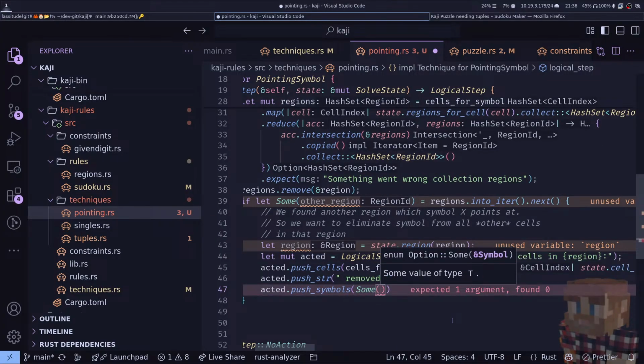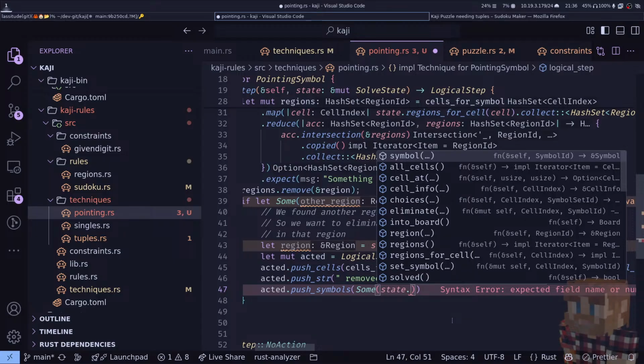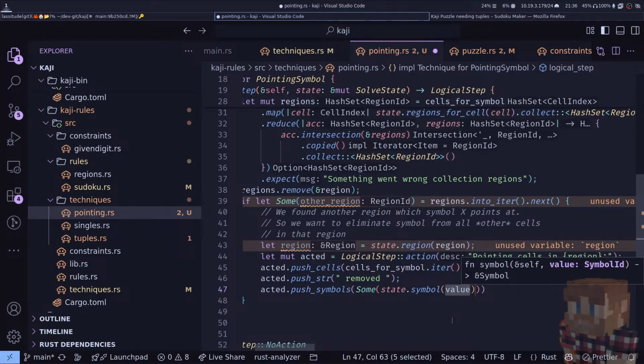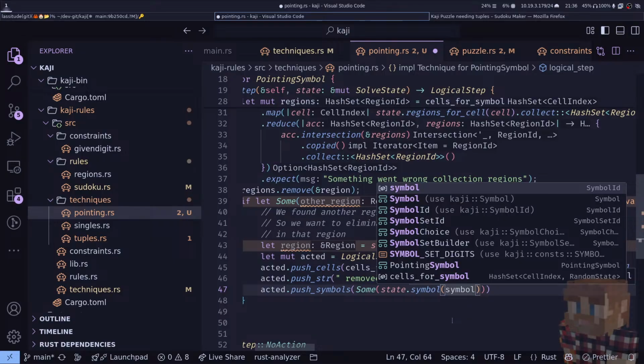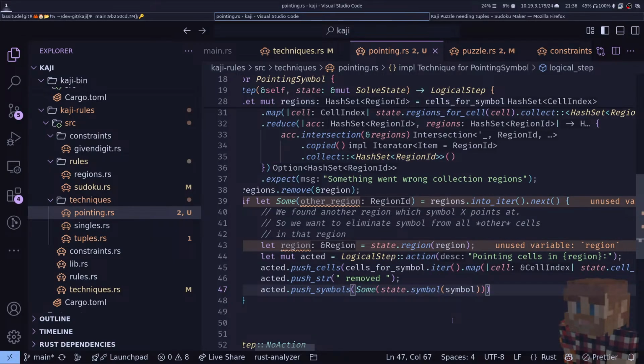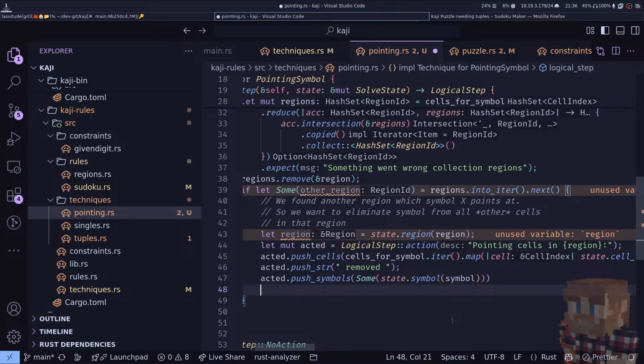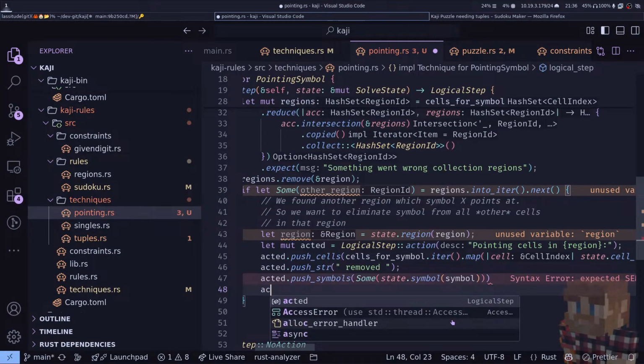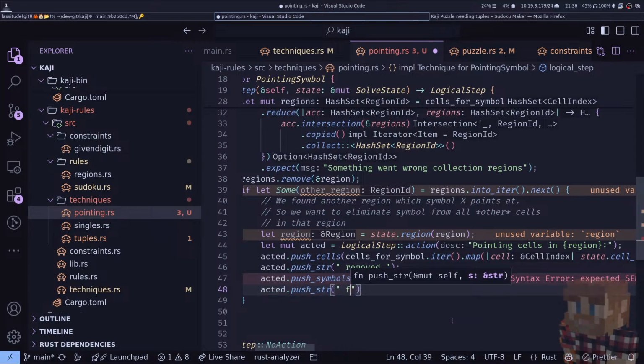Some state dot symbol, because there's only the one symbol. So removed blah, acted dot push str from,